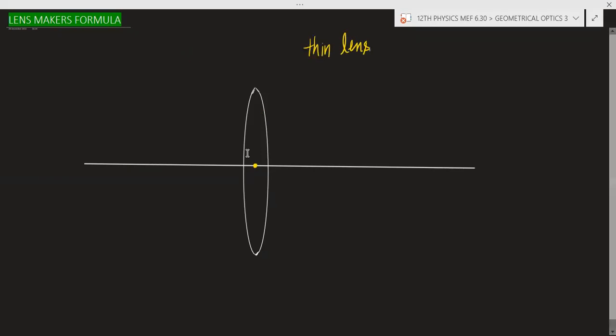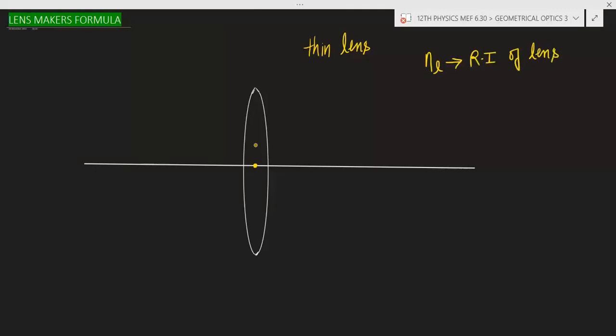In our syllabus, I told you there are thin lenses. And around this lens, first suppose the refractive index of the lens is NL. NL is the refractive index of the lens, and this lens is surrounded by some medium, and that medium can be air, sometimes water,